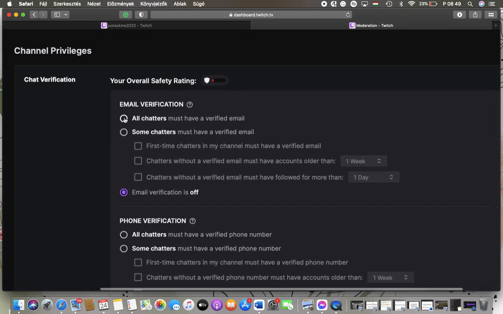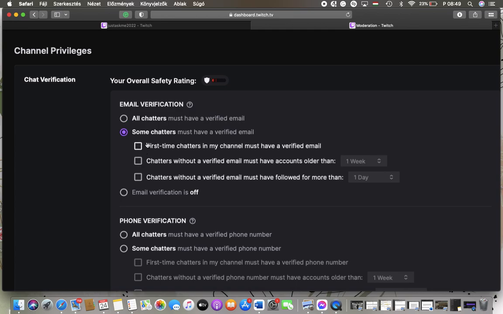So here you can set whether you would like all chatters to have a verified email, so just simply tap on the circle. Or you can also set some chatters, and here you can include three options, such as first-time chatters must have a verified email, chatters without a verified email must have accounts older than, and here you can set 1 week,